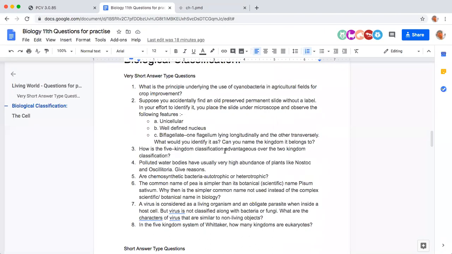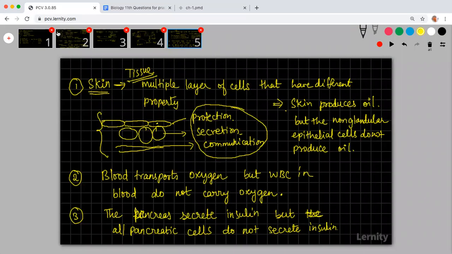Okay, the first question is this. What is the principle underlying the use of cyanobacteria in agricultural fields for crop improvement? Okay, the first one is,